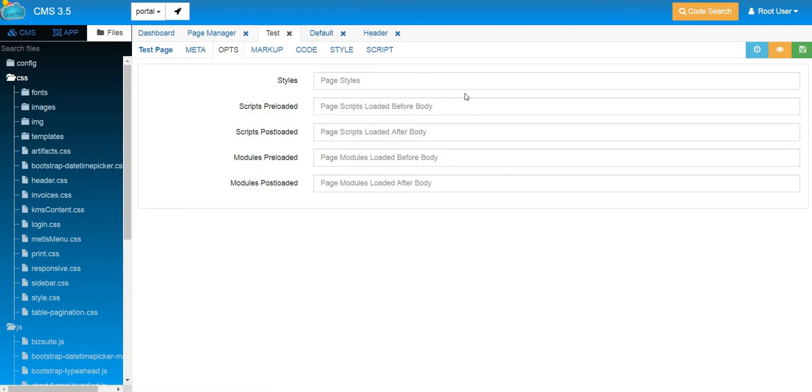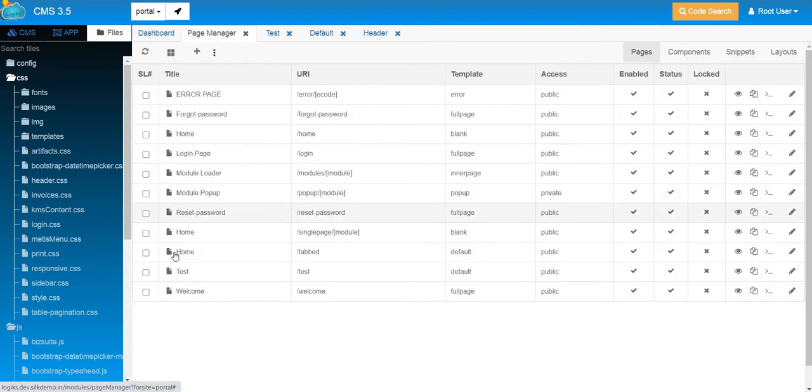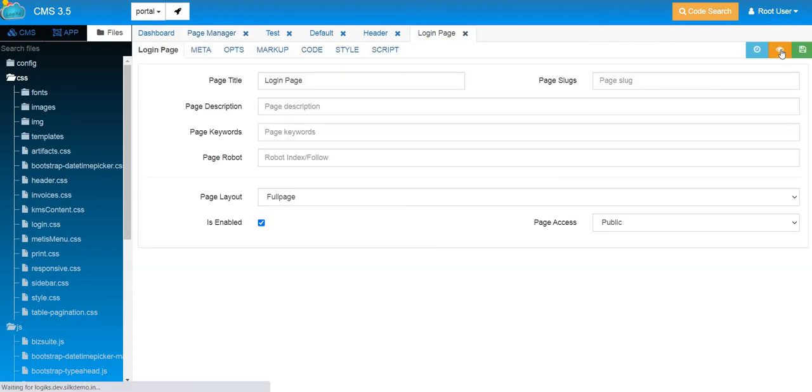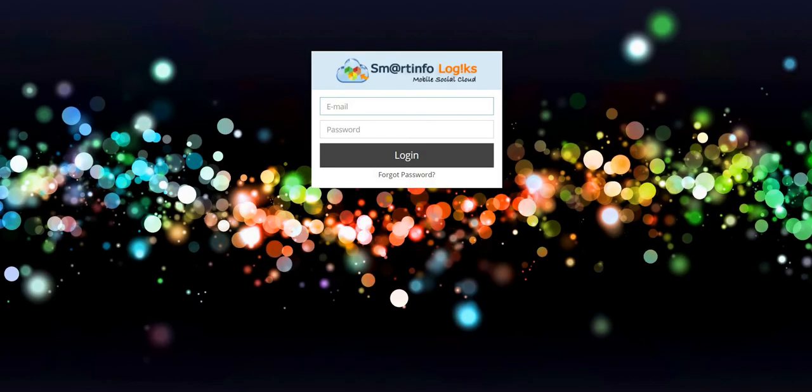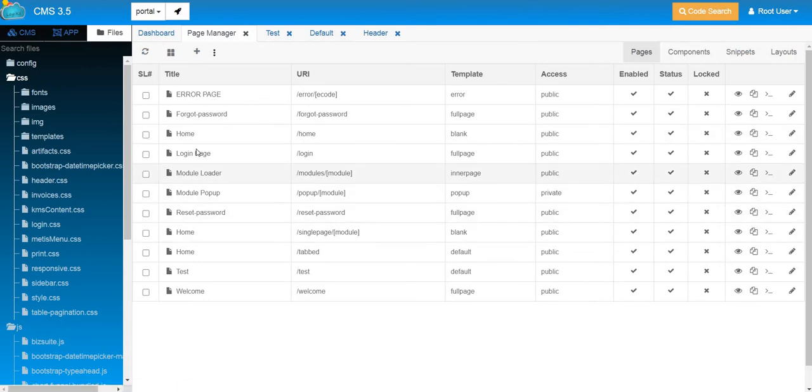Now, to view your page, you need to go to the view icon. On preview, you can see how your page will look after it is live. Whereas whenever you are making any changes to your page, you need to save it using the save button. So now, let me show you one page. Let's assume the login page. To preview your page, you can go inside the page and preview it over here, or else from outside you can preview it using the preview icon.